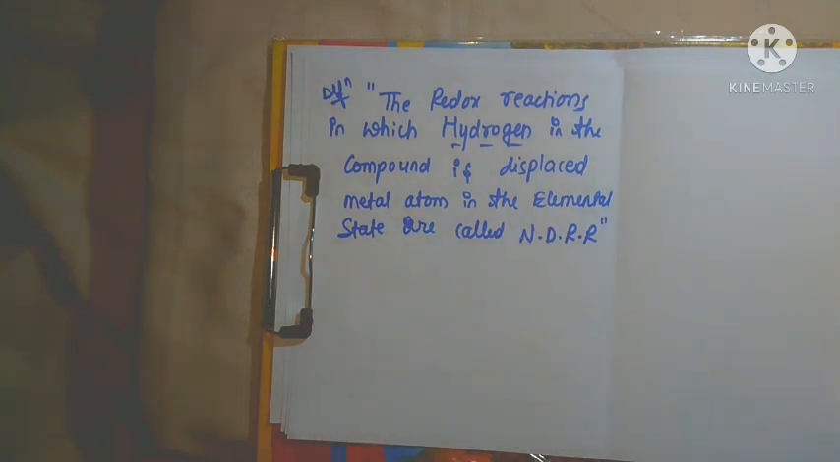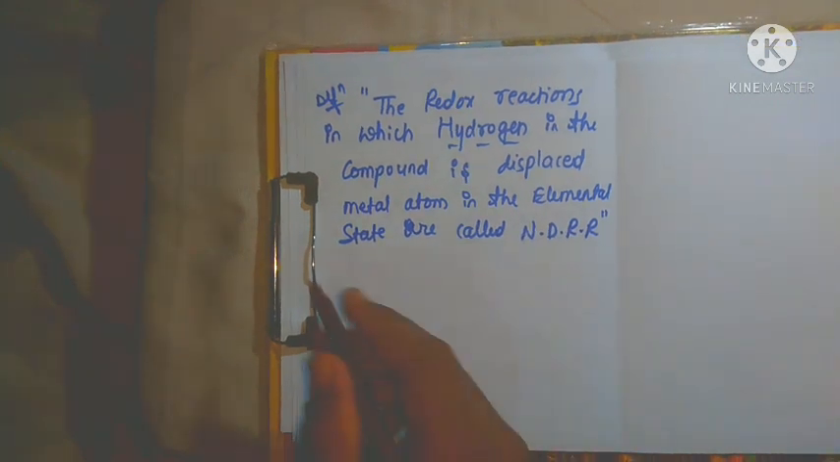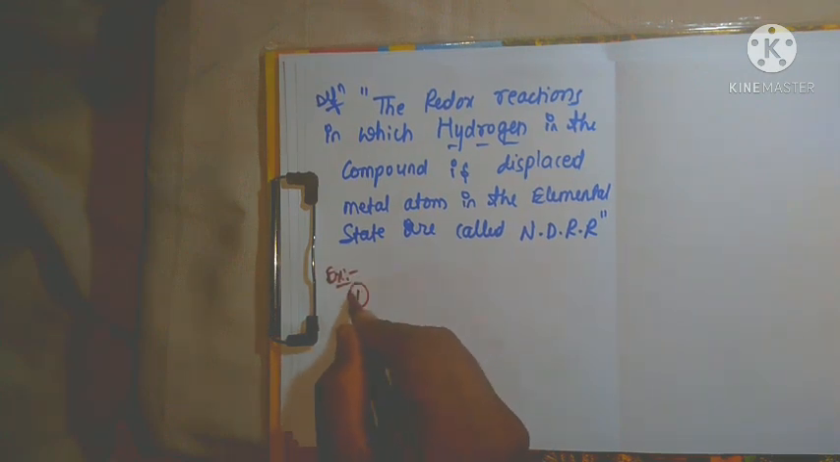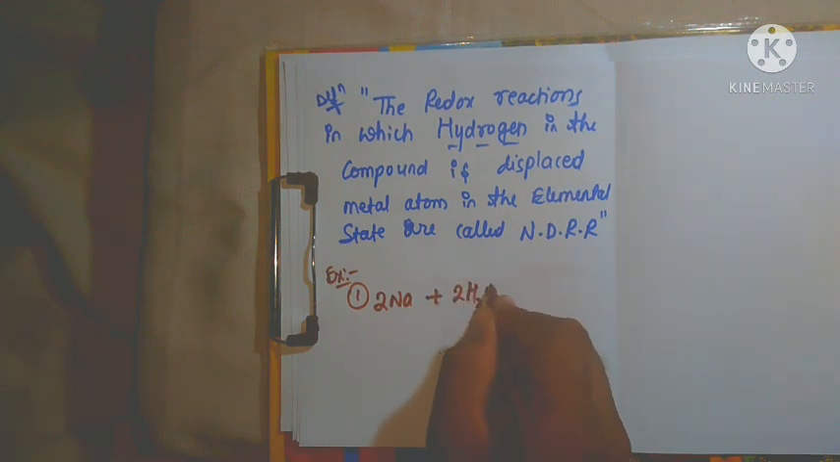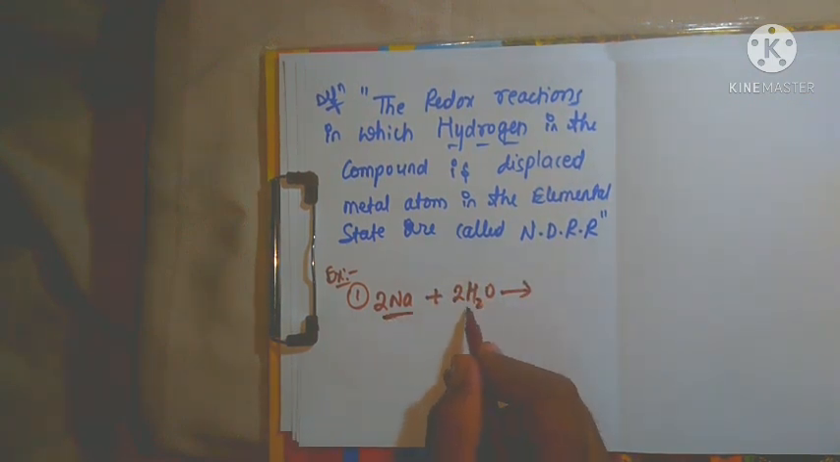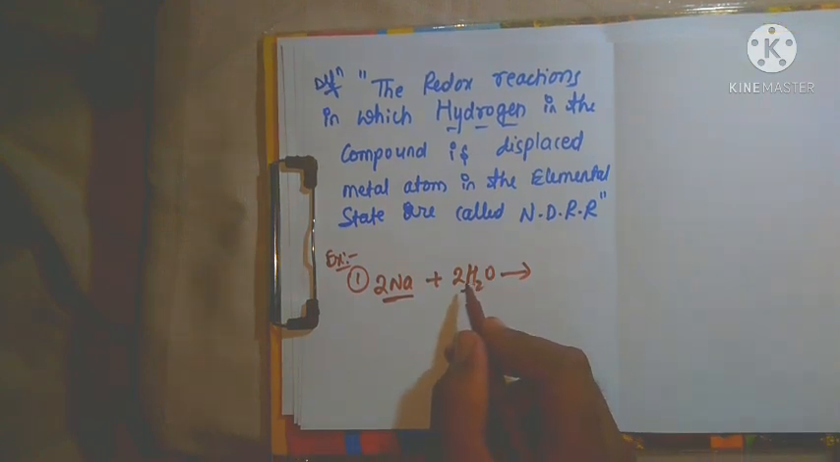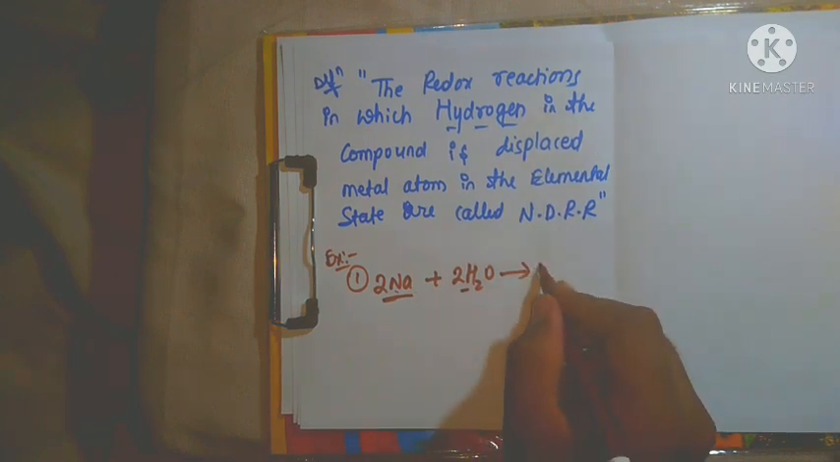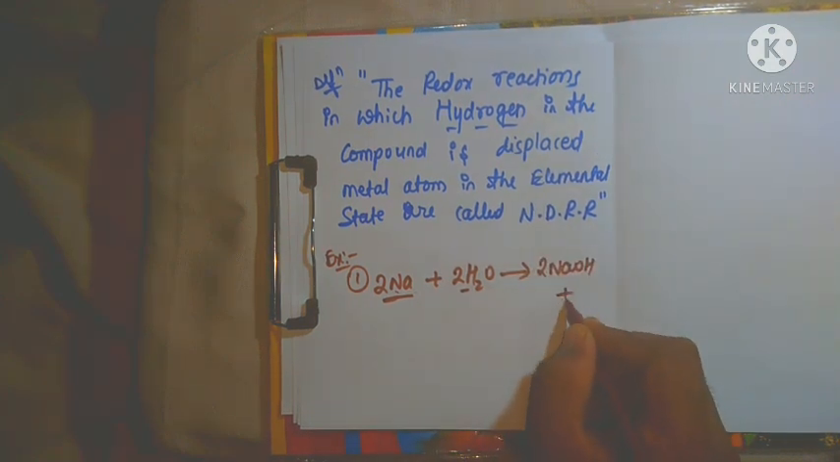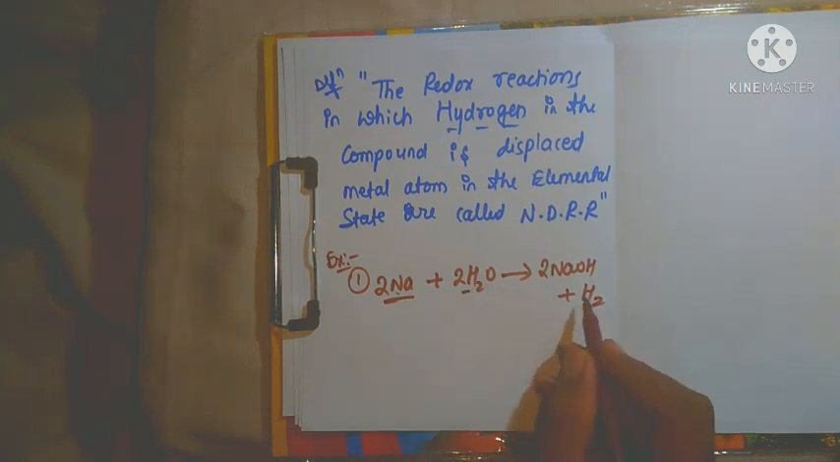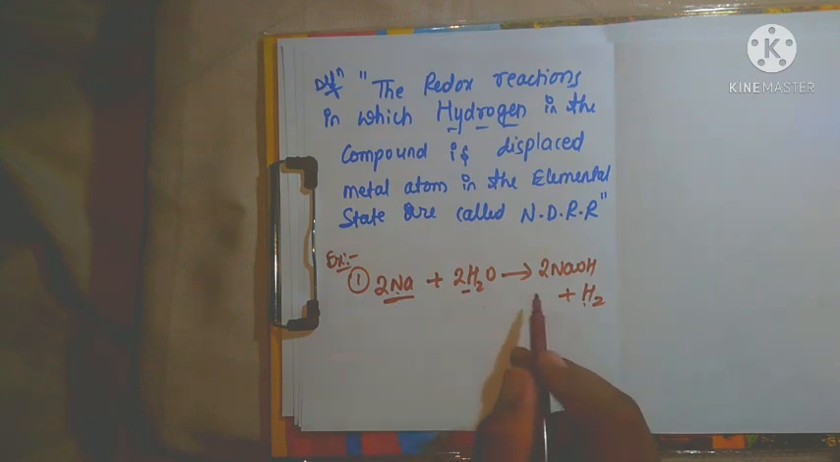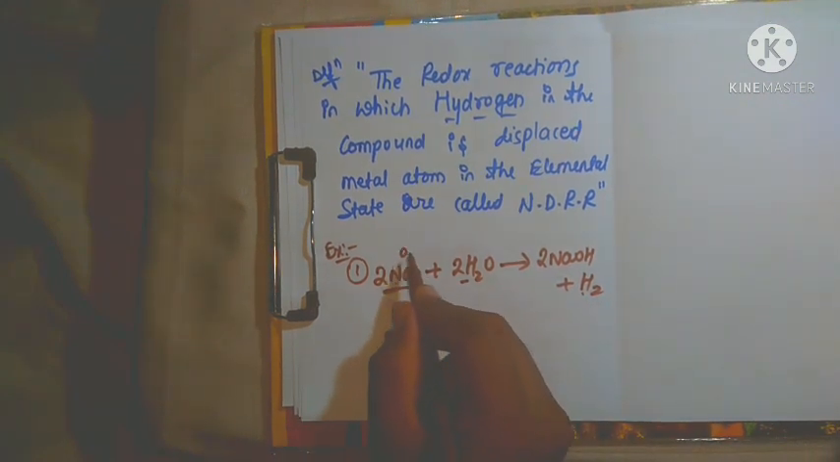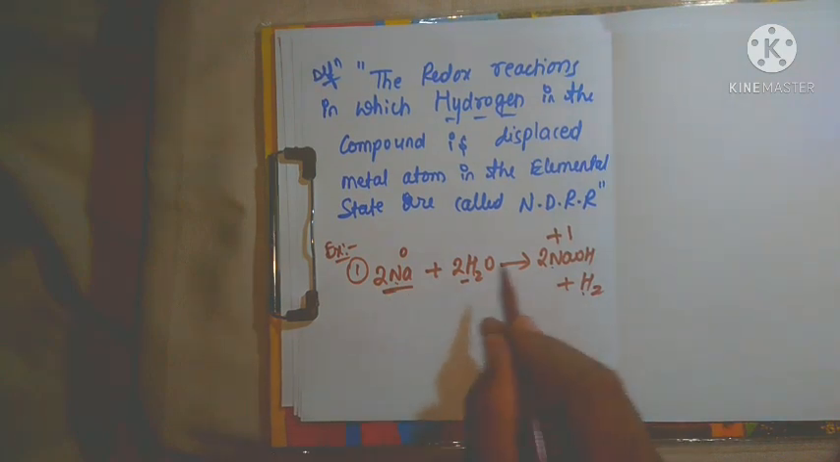Now we will see the particular examples. I will write 3 examples. First example: 2Na plus 2H2O gives rise to 2NaOH plus H2. Na is the metal and hydrogen is in the compound. This Na is the metal which displaces the hydrogen. H2 is separated from the compound because of Na, that is, the metal atom is displacing the hydrogen. Therefore it is called as what? Non-metal displacement reaction. Na oxidation number is 0 and then +1, that is, Na undergoes oxidation,